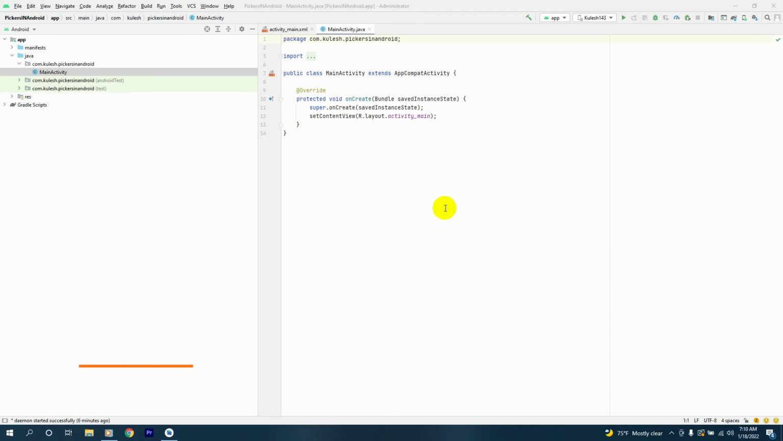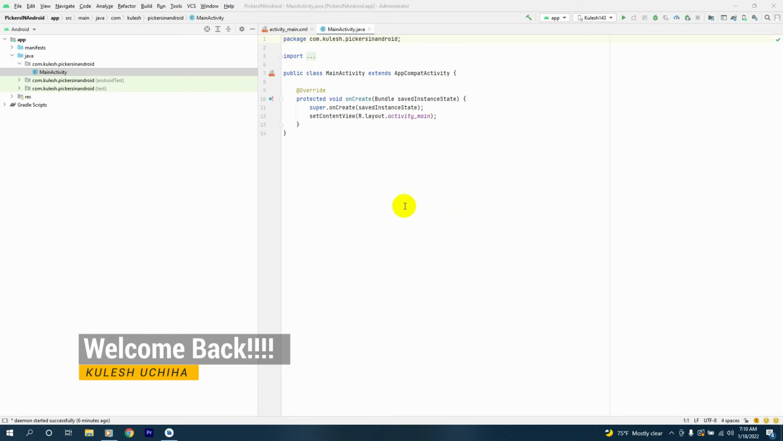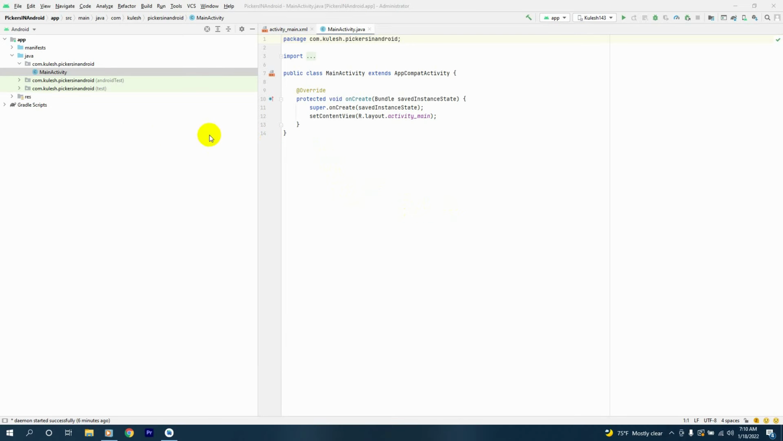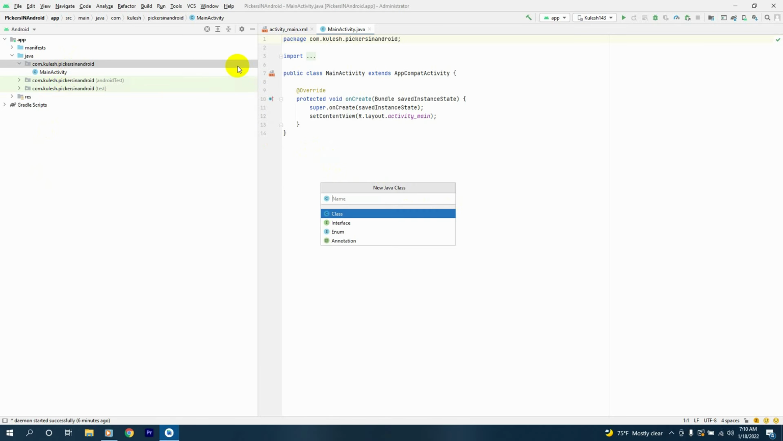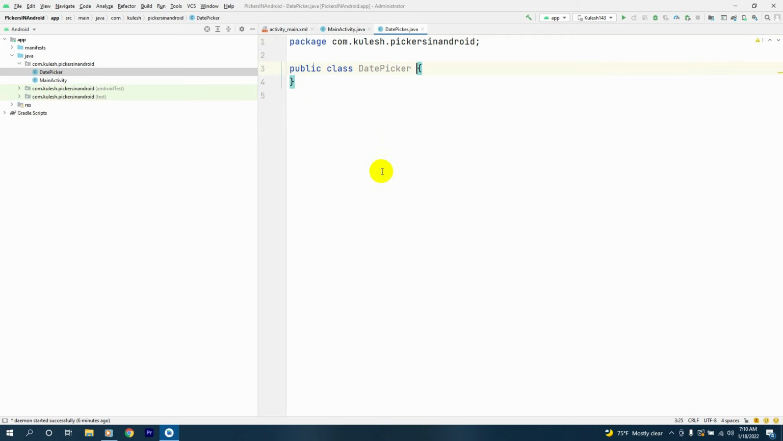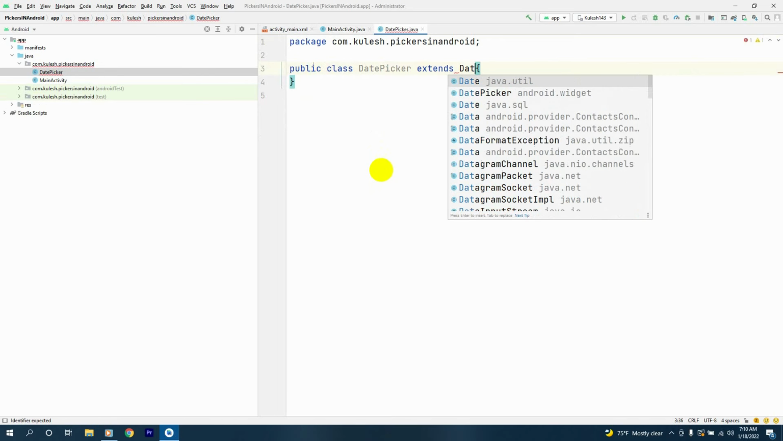Today I'm gonna show you how to handle pickers in our Android application. Let's get started. First thing, let's make a new class inside our project. This will be called DatePicker. This class will be called DatePicker and it will extend